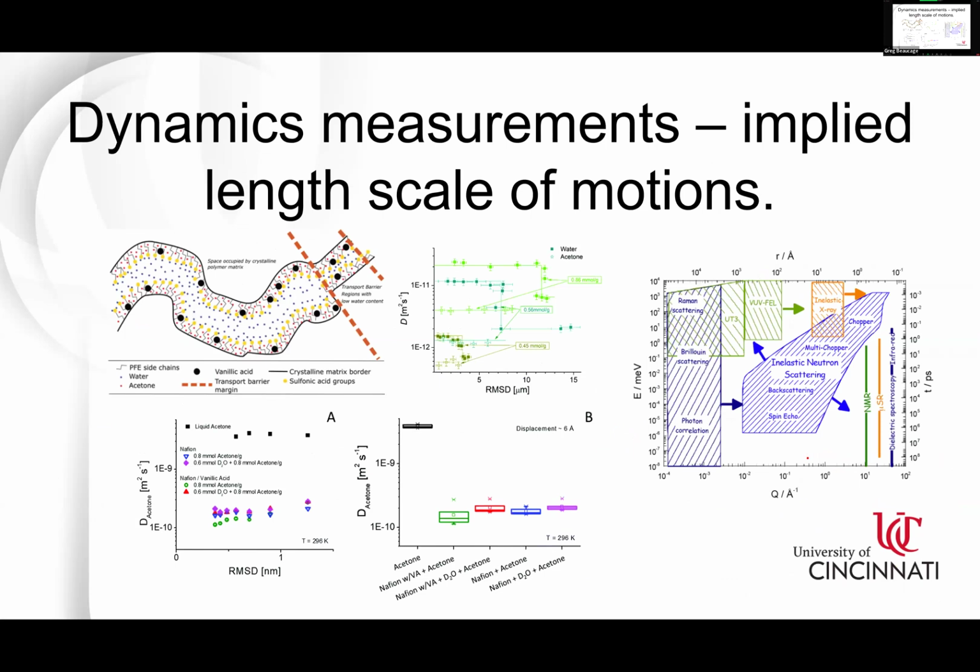Nafion, maybe you guys know it, is a membrane material. Essentially a proton transfer membrane, right? So you're using it in fuel cells, things like that. And what happens when you react hydrogen and oxygen in this is that you generate water or you generate other solvents. So here we were looking at this as a function of adding acetone to these systems